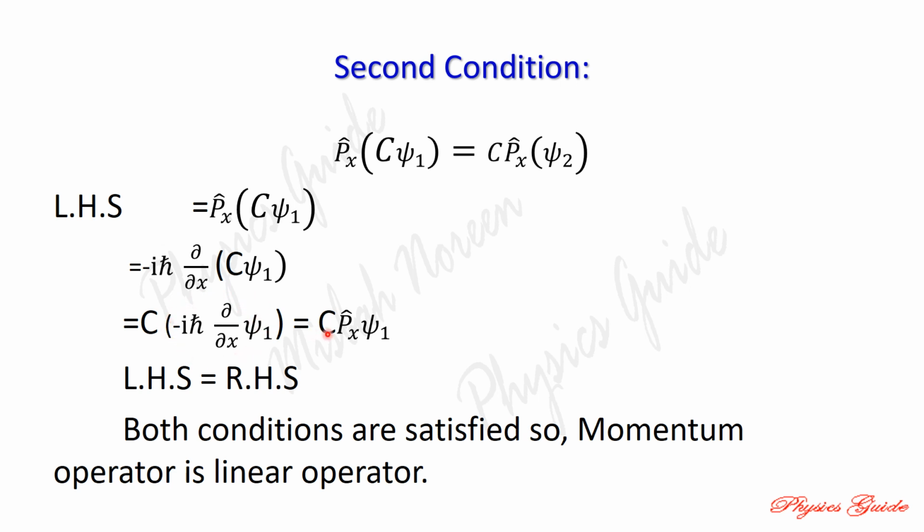अब हम जानते हैं कि ये माइनस योटा एच कट कर्ली और कर्ली एक्स हमारे पास क्या है, मोमेंटम ऑपरेटर की वैल्यू। तो आप यहाँ पे लिखेंगे पी ऑफ एक्स बार इंटू साई ऑफ 1, वैसे आपके पास आ जाएगा और ये कांस्टेंट साथ में मल्टीप्लाई हो रहा है। तो यही हमारे पास सेकंड कंडीशन थी लीनियर ऑपरेटर की। तो सो लेफ्ट हैंड साइड इक्वल टू राइट हैंड साइड, बोथ कंडीशन सेटिस्फाइड, देन वी सेड दैट द मोमेंटम ऑपरेटर इज अ लीनियर ऑपरेटर।